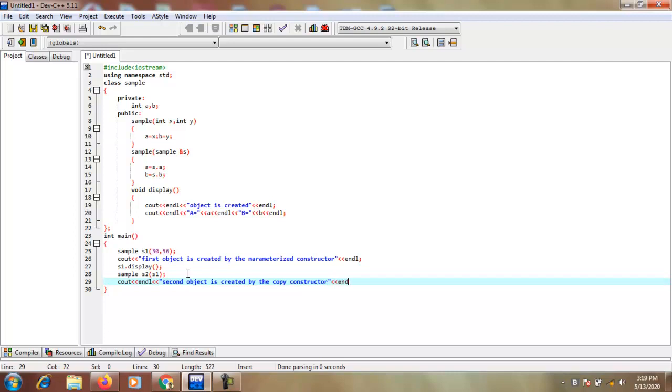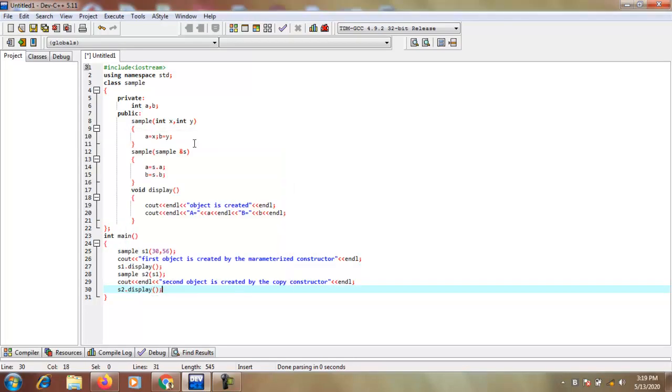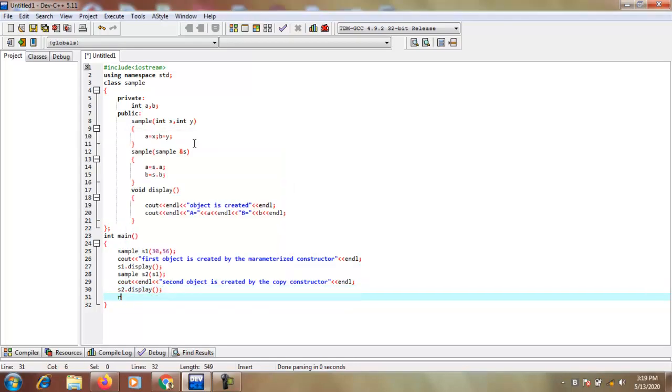Then I use the endl semicolon. Okay, and then simply S2 dot display function. Okay, semicolon is there, and then return 0.